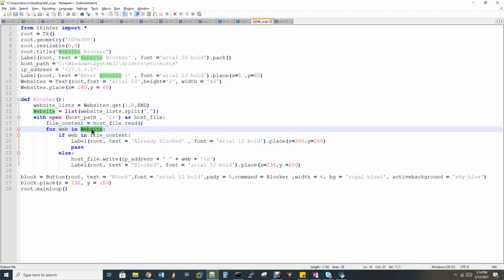So this website variable is nothing but the list of all comma-separated websites, right? A comma B comma C. So it has to iterate A and then B and then C. The entire loop has to run for each and every comma-separated item. Within this I'm writing a condition: if web is in the file content,